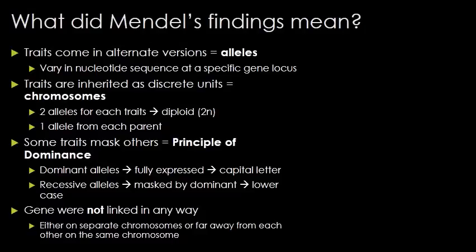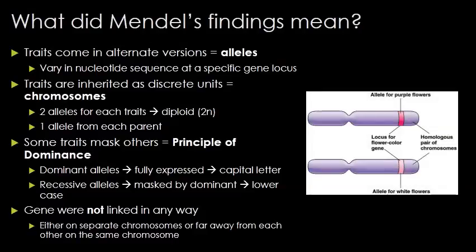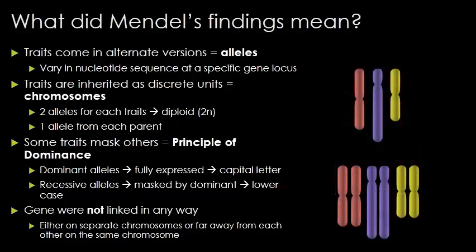When you actually look at the traits that you inherit, we see that there are alternative versions, or alleles. We've seen that already in that there are purple and white flowers. Now, inherited traits are just characteristics that are passed from parent to offspring, and they do that by passing on chromosomes. So when you actually look at the chromosomes that an organism gets, we see that you have 2 copies of every chromosome. Why does that make sense?